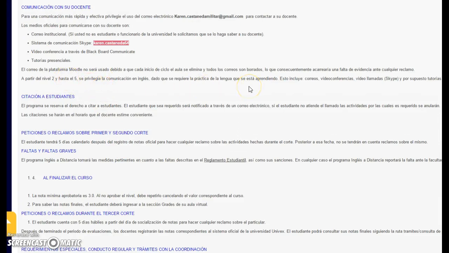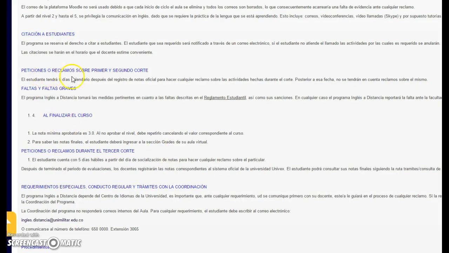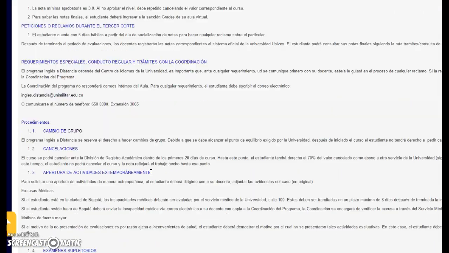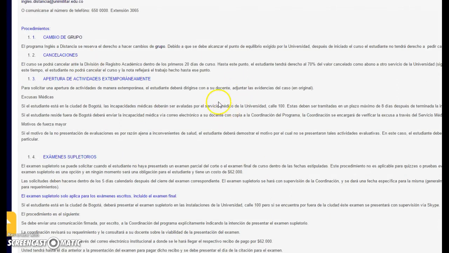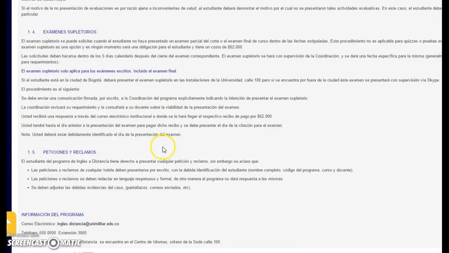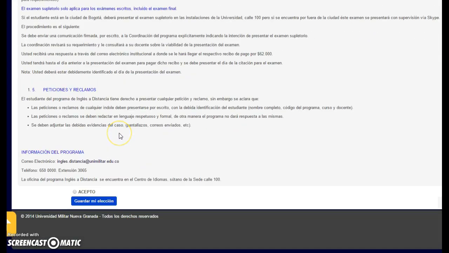You need to make sure that all the requests are in English, because this is level 4, an intermediate level. Check how many days you have to ask for claims. And when you have read all the information and you agree with all the requirements, you are going to click here. Okay,